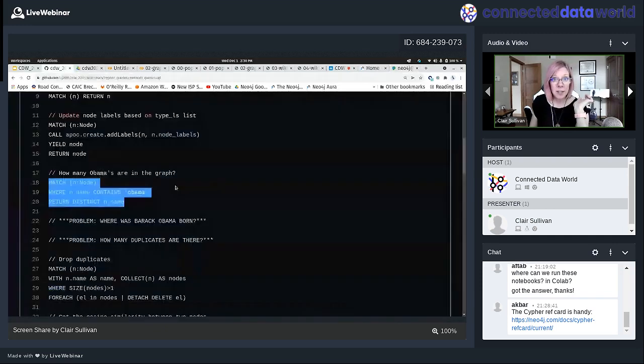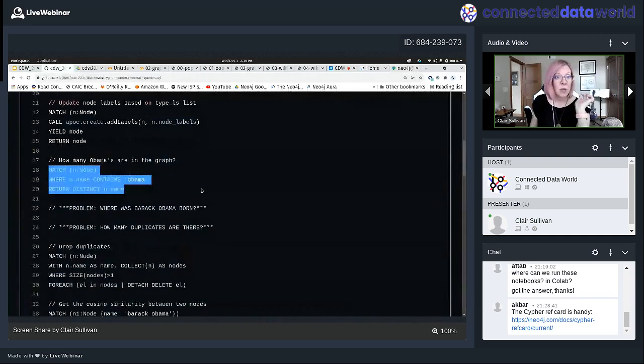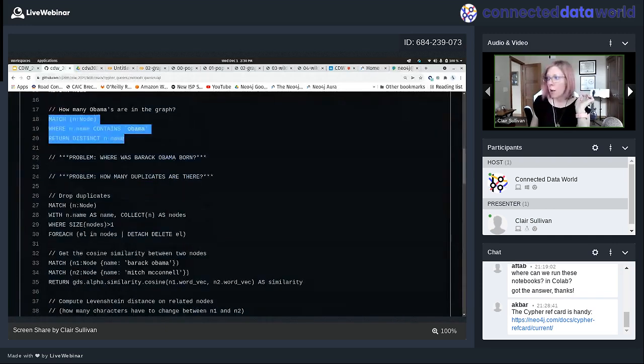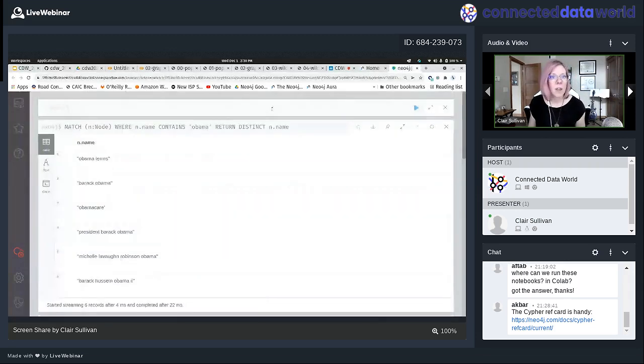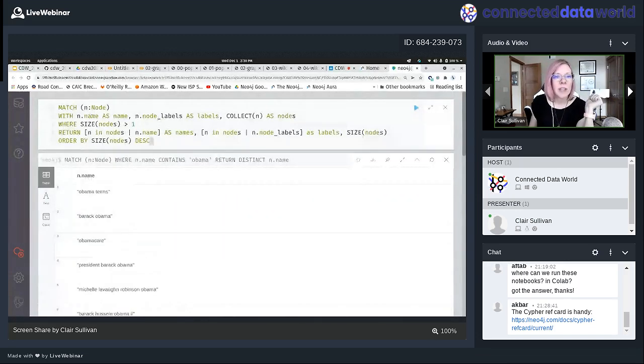So I need to speed us up here just a touch. We have duplicates in here. I'm going to quickly show you how we can detect duplicates. And let's see, we're going to basically look at something similar here. We're going to look at our names, collect name as names.